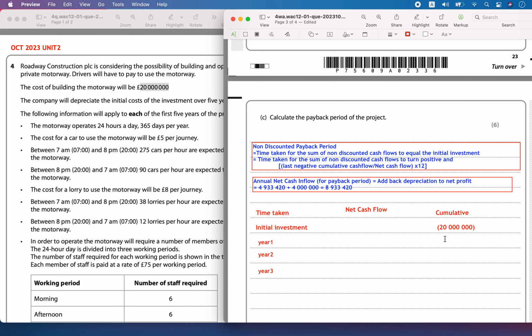So till that time you have to continue the procedure. First you will take the initial investment as negative. In year 1 there is going to be a positive cash flow of 8,933,420. So now what is the remaining from the investment? Minus 20 million plus 8,933,420, so the value is going to be equal to